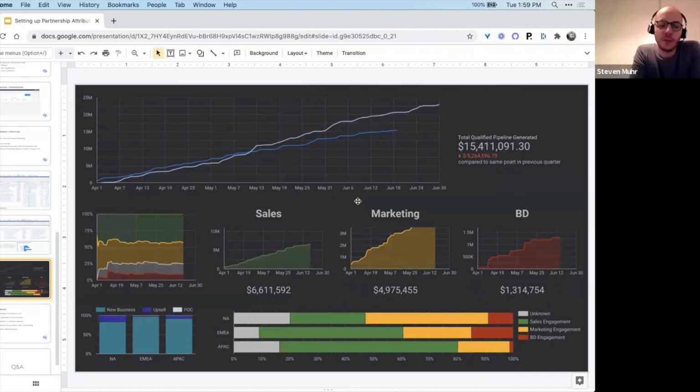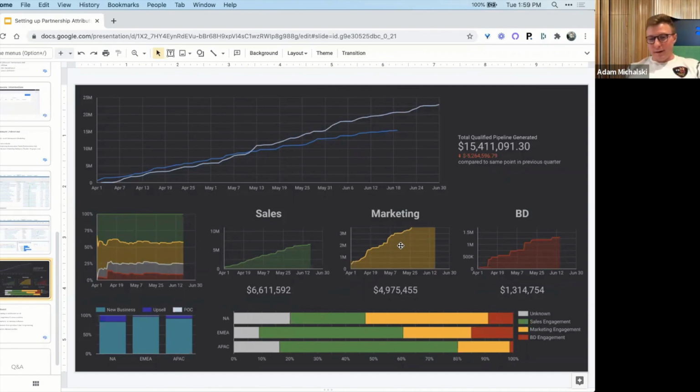And were you able to find some pattern to help you close deals faster? Yeah. For us, the biggest learnings were on the marketing and the partnership side. For marketing, without divulging too much information, there was a specific sequence that we tend to hone in on. We're still testing it, actually applying that learning, but we used this data to understand what that sequence was. And for partnerships, one of the biggest learnings was just how impactful they actually were, which allowed us to dedicate additional headcount towards partnerships.